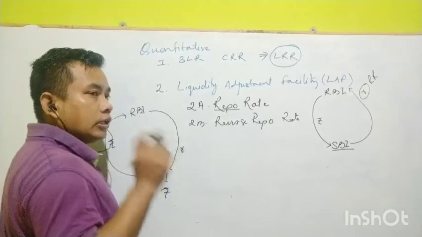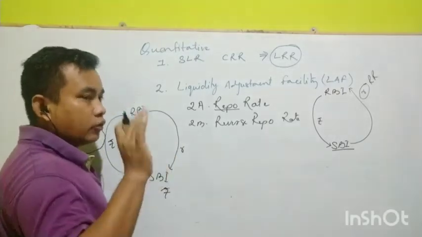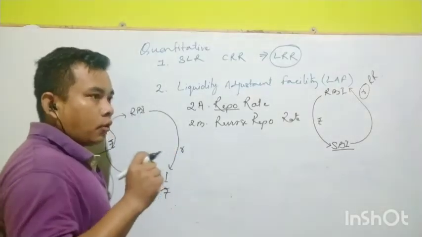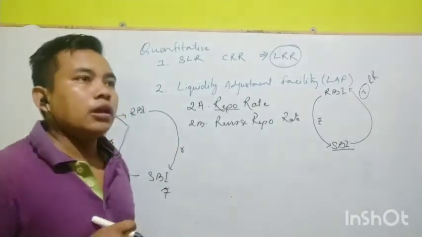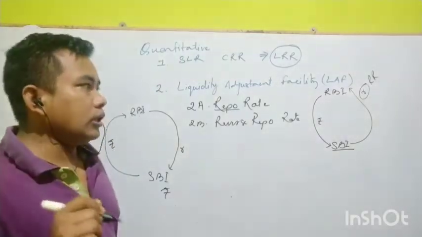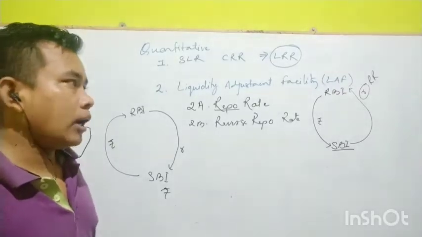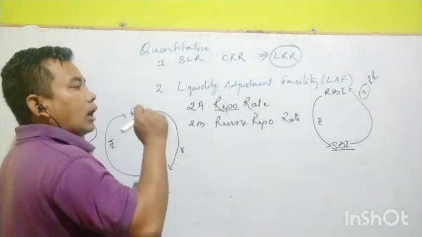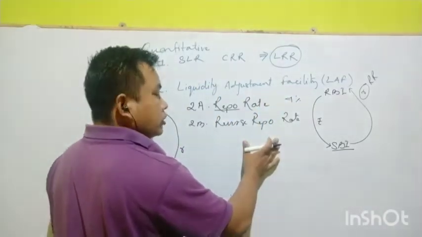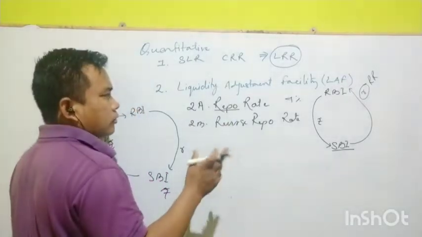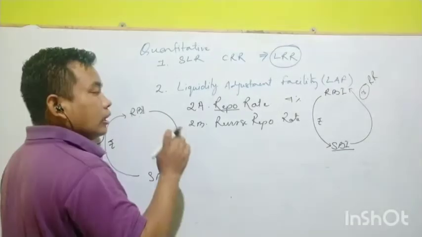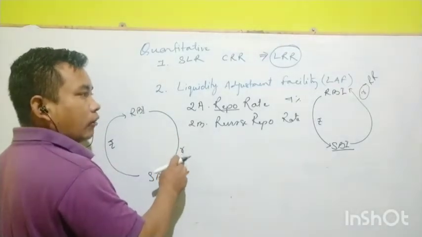Like for example, yesterday we did have the monetary policy committee. India is quite powerful in terms of monetary policy. In terms of policy making, the powerful committee is known as the monetary policy committee. Earlier our repo rate was 4% and the reverse repo rate was about 3.25%, something like that. But what I'm trying to say is that reverse repo rate will always be lower than the repo rate.